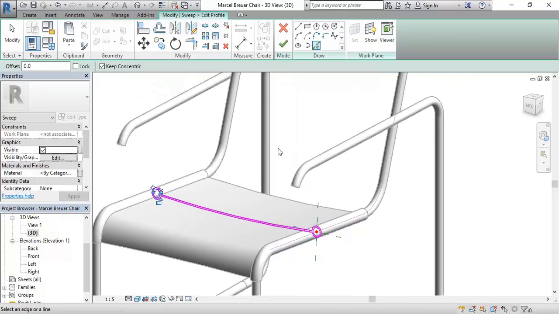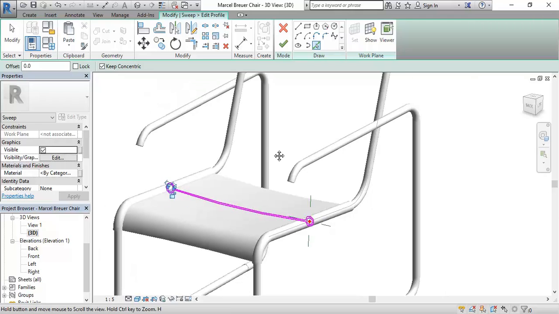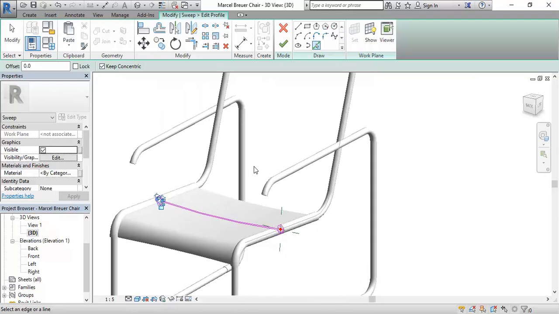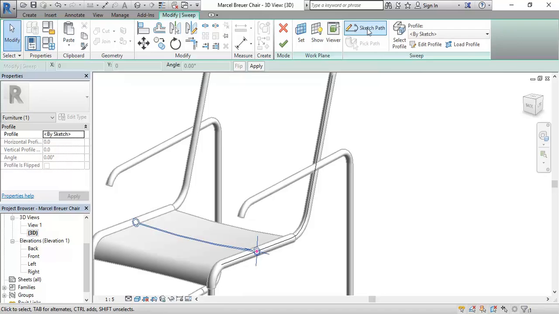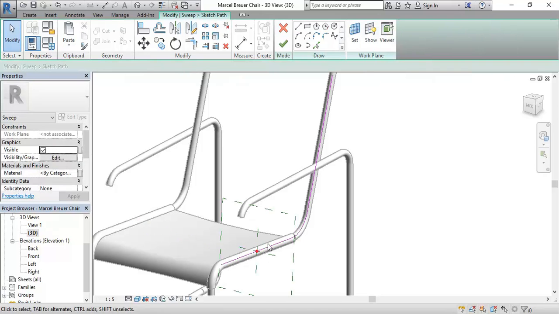Yep. And the reason that it actually made the seat is because we selected the part that we created in this part. So it's just using the part of that seat, not the part of the whole thing. Exactly. Yep, that's it. Okay, cool. So now I can finish this and then go back to sketch path and delete that segment,